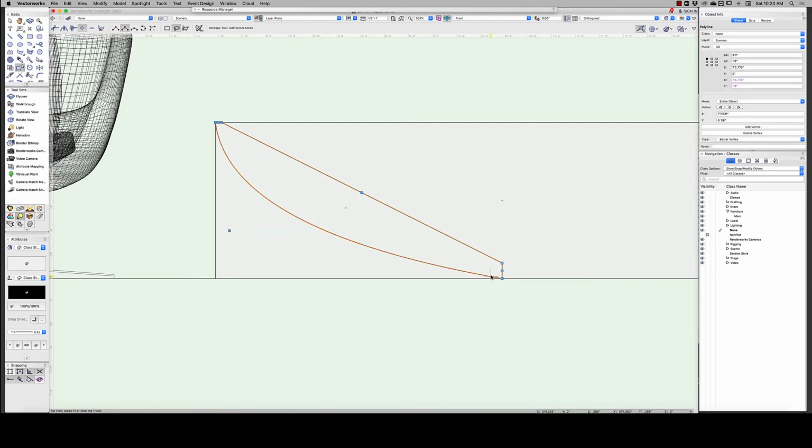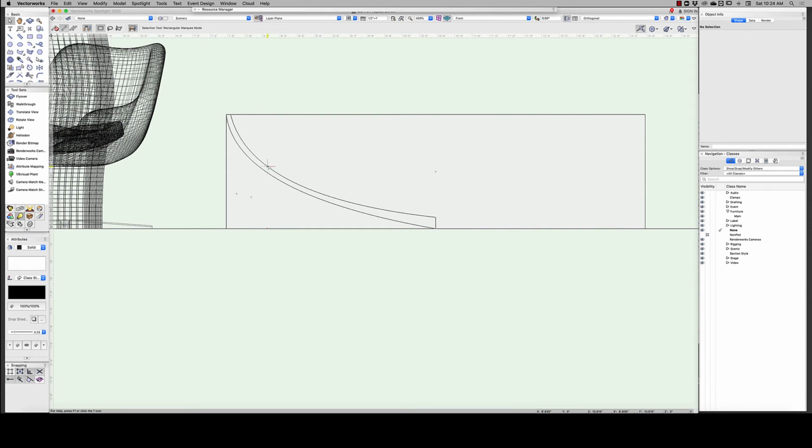This is not going to look quite right at the bottom, but we're going to take care of that in a minute. So then I'm going to try to make this somewhat parallel. So like that. So there's a rough